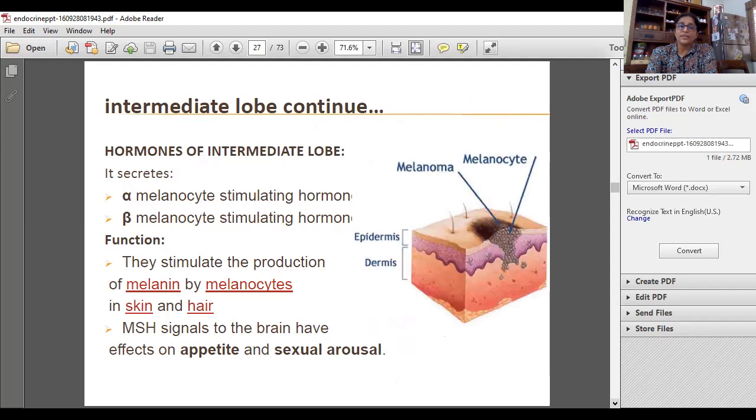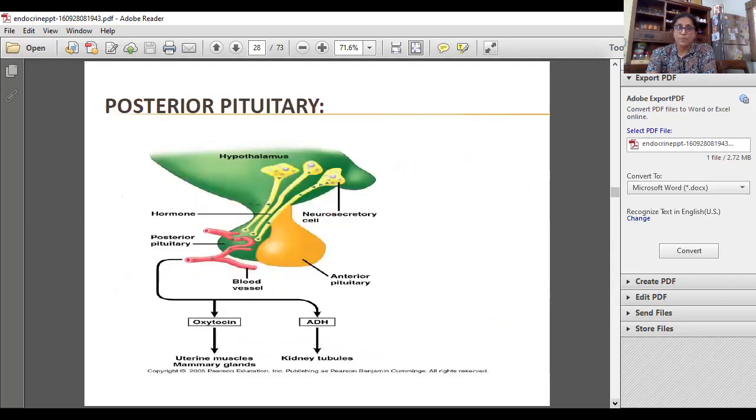Basically, I'll tell you that this melanocyte stimulating hormone, the MSH, affects the deepest layer of the skin to produce the melanin, which is a protective pigment. But it has been observed, and research says, that the MSH is associated with secretion of the ACTH. So the more the ACTH, the more the MSH, and the opposite also works.